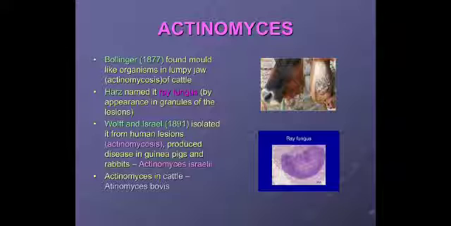Before, cattle used to exhibit a typical disease called lumpy jaw, wherein there used to be a huge lump in the jaw of the cattle which exhibited multiple sinuses, and when the discharge from these sinuses was examined, it showed mold-like, that is filamentous, organisms, which was seen by Bollinger. Then the sinuses used to discharge granules which, when observed under the microscope, appeared like a ray fungus. Later on, the condition was described as actinomycosis, and the human lesions were